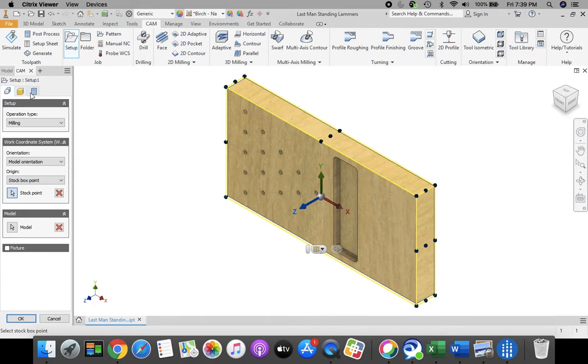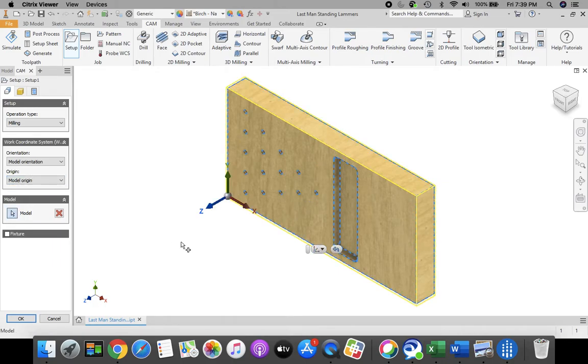These tabs that are along the side in the model browser, there are 3 of them here, sometimes there's 5. We're going to work the tabs from left to right, and each tab we're going to take a look at from top to bottom. In this first tab here, we're going to change our origin from stock box point to model origin, and that takes the icon and takes it out of the middle and places it in the lower left hand corner, which matches our origin. Then we're going to go across to our next tab